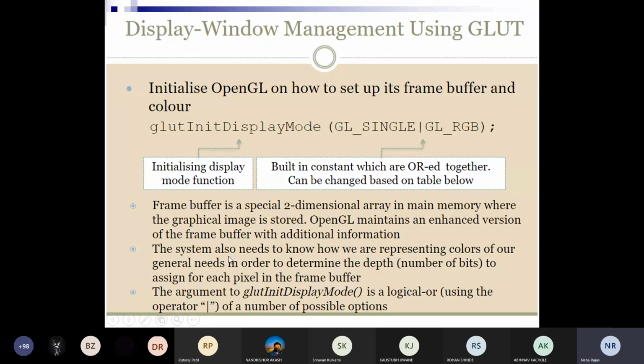The system also needs to know how we are representing color of our pixels in order to determine the depth, the number of bits to assign for each pixel in the frame buffer. The argument of glutInitDisplayMode is a logical OR using the operator OR of a number of possible options.